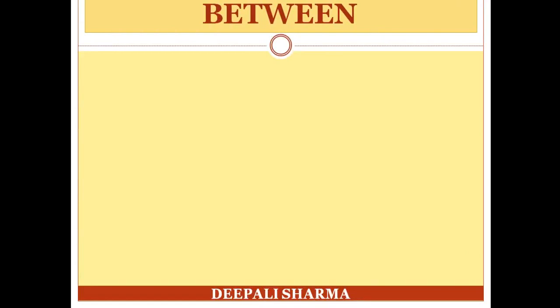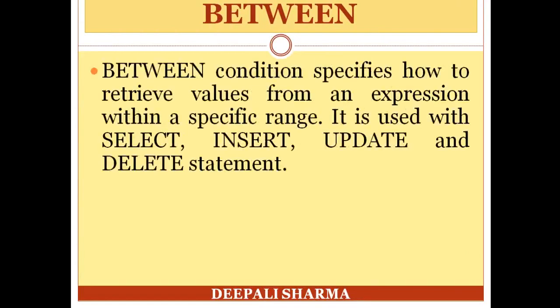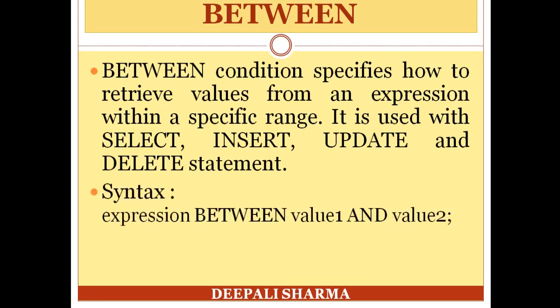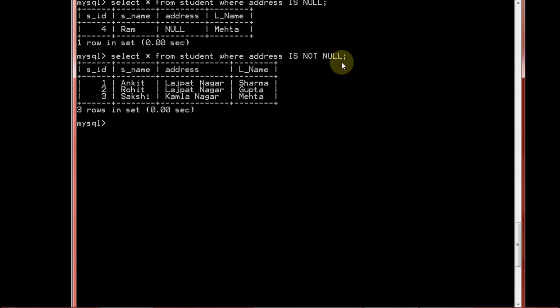Fine. So the last condition is the between condition. Between condition specifies how to retrieve values from an expression within a specific range. You can also use it with multiple things, but basically whenever we are using conditions, we are using them with the select statement only. So right now that's why I am demonstrating with select only. So select asterisk from student where,